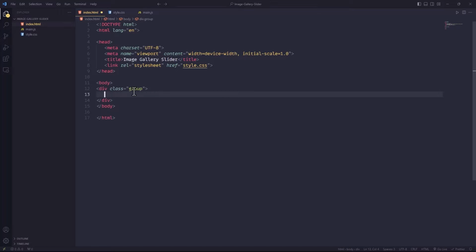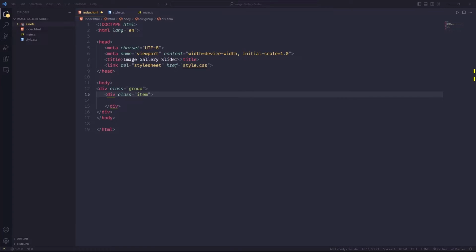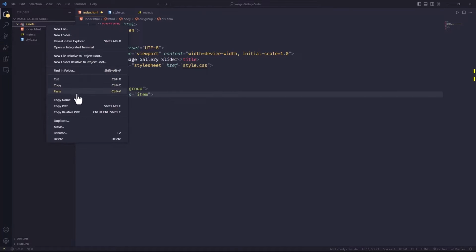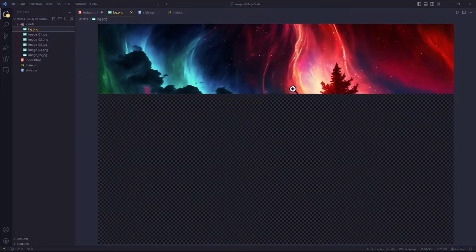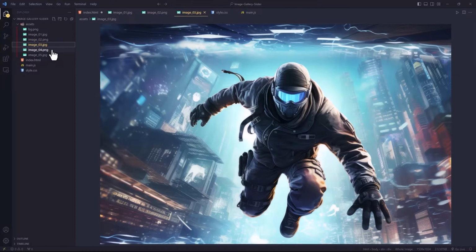Inside this div, let's create another div, class of item, and we're going to use inline style to import the images. So let's create a folder first, assets, and let's copy all the images. I'm going to paste it here. You can get these images on the GitHub repo in the description. So these are the images we're going to use. They are AI generated images,